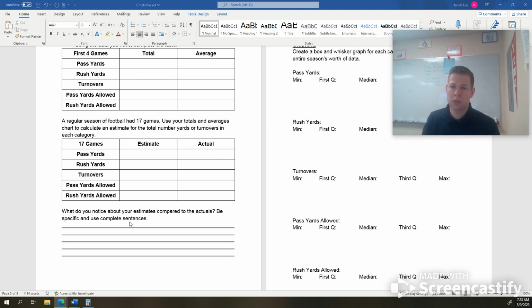If their turnovers was predicted to be 24 and they ended with 23, that's not a big difference. We can leave that alone. But if you see big differences between estimate and actual, this went way up, this one was way down, whatever it may be, those are things I want you to notice and talk about in this piece. Okay. If you need help with this one, I'm happy to walk around and help with that. I know I didn't explain it very well in this video because I want